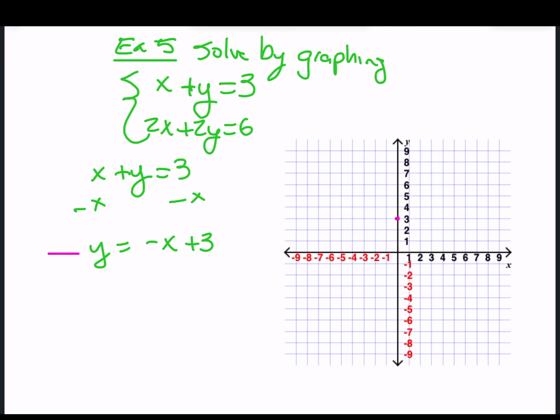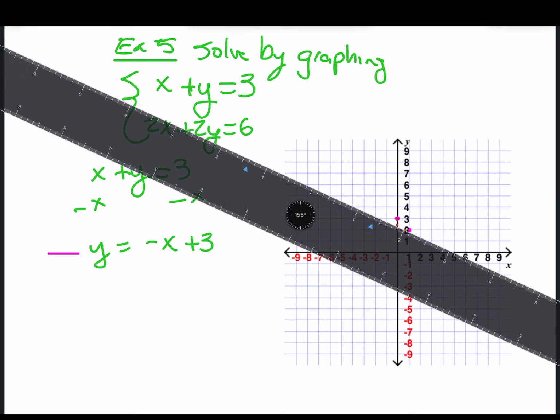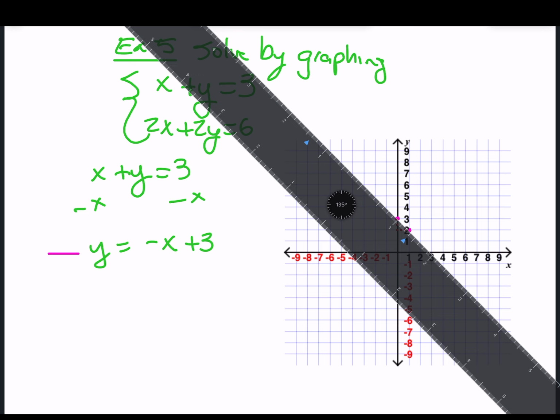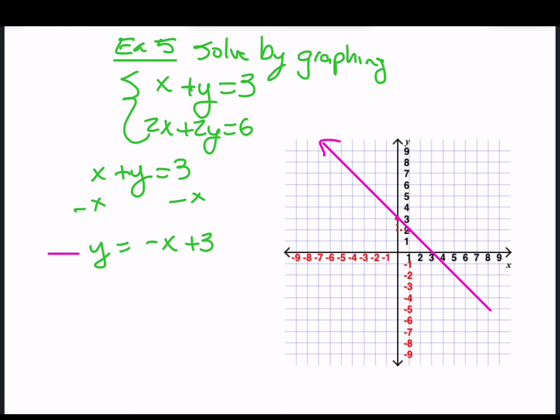So our y-intercept is 3, and our rise is -1, and our run is 1. So there's our point. Use our straight edge to go through both points. Okay, and our second equation,